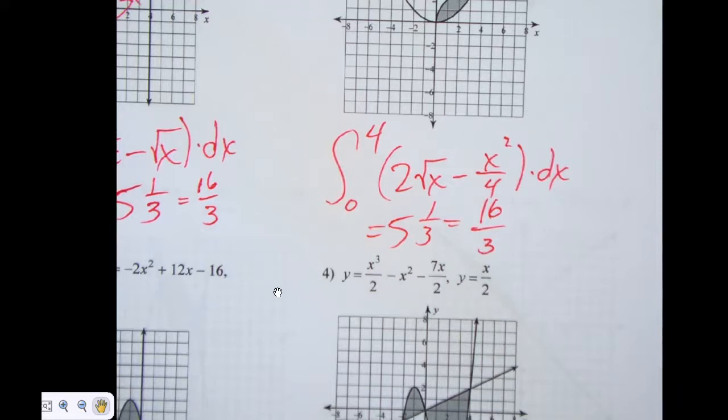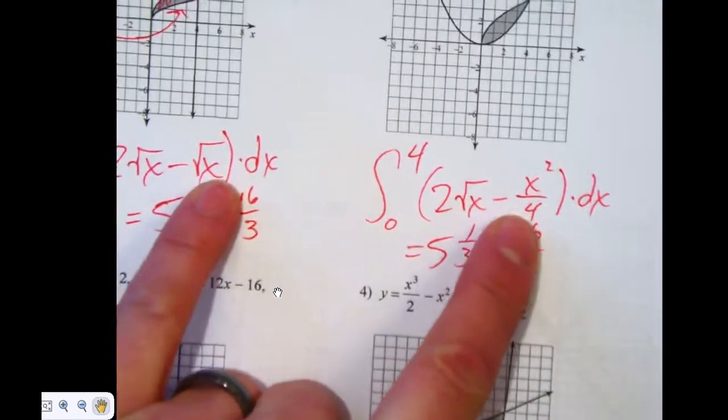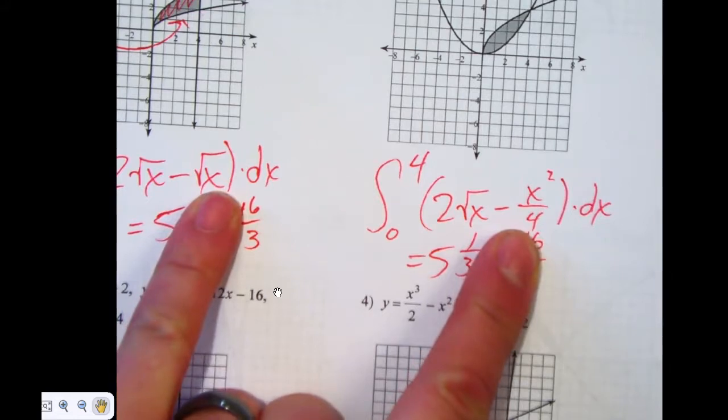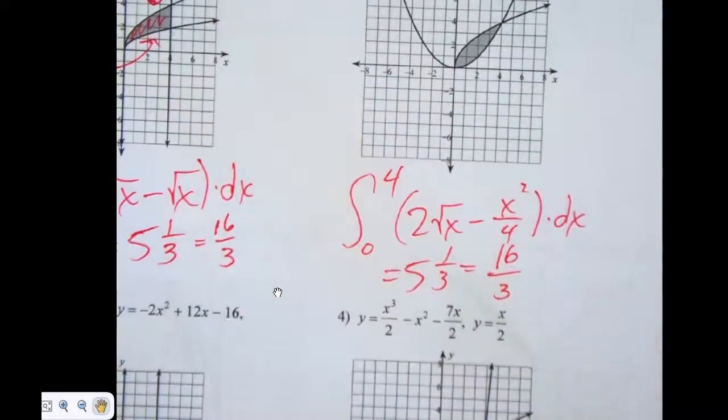Why would it be the same as last week? It's all the same except the second equation is x squared over 4. The integral of x squared over 4 is not the same as the square root of that. It just means that in that region, when you look at those shapes that were created as a whole, they have the same area. They don't have to be the exact same equation. If you look at the shapes, they're not the same shape. It just kind of worked out that way.